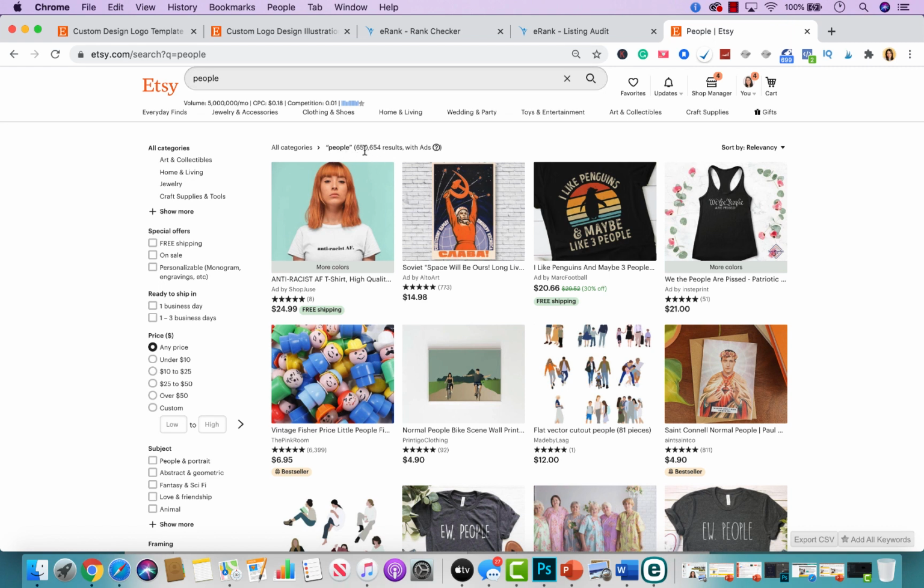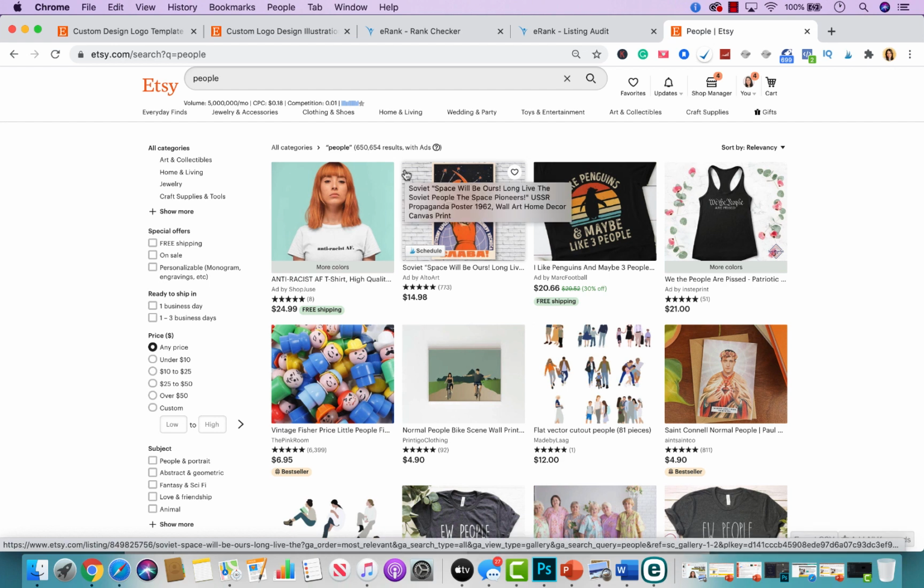Look how many people have that particular tag, 650,000. So it's not only a tag that's very broad, that doesn't really meet your target customer. In addition to that, it's a keyword that's very competitive. So when you use keywords that are very broad, even if they're not competitive, what happens now is that it hurts your conversion rates. If a lot of people see your listing, but no one buys, Etsy will give your